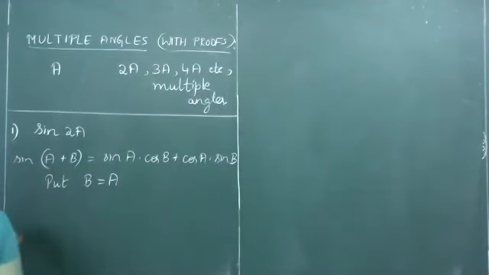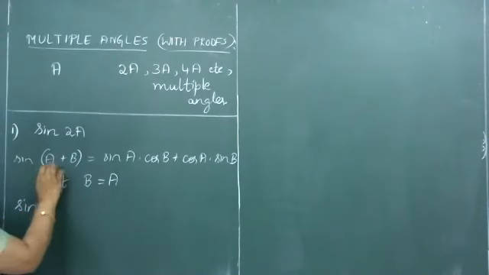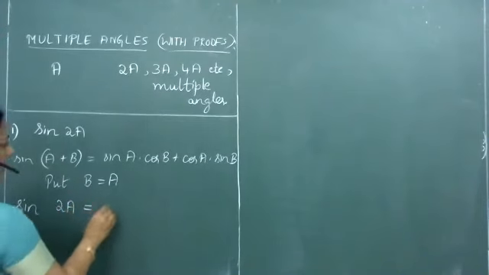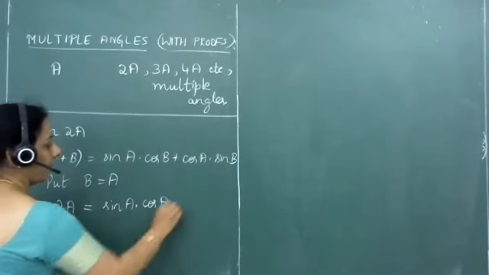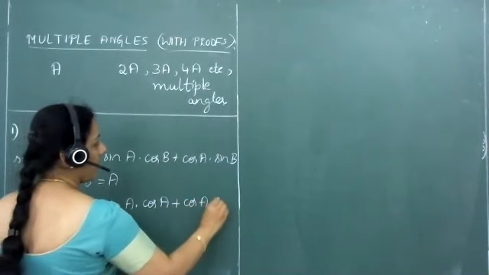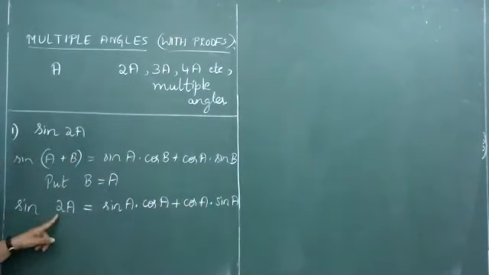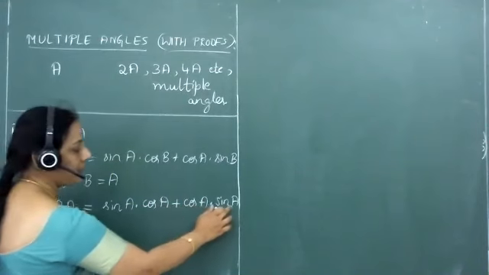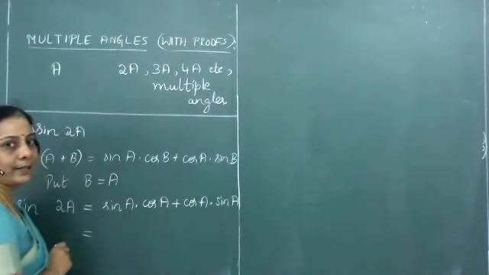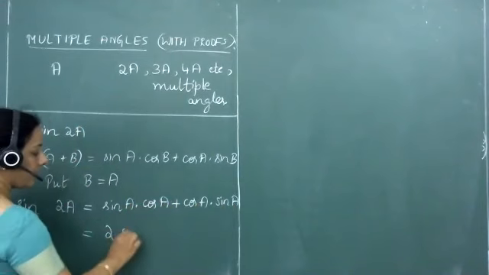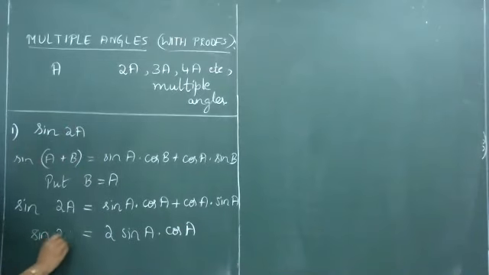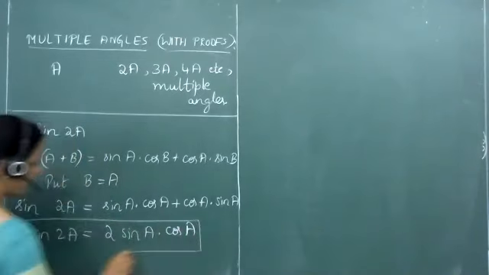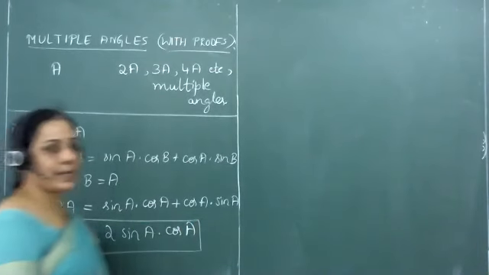So what do we get here in the LHS? With that, we have sine of A plus A changing to sine 2A, which will become sin A into cos A plus cos A into sin A. LHS we have sin 2A, RHS we have sin A into cos A plus cos A into sin A. The same term is added 2 times, thereby the value becomes 2 sin A multiplied with cos A. So we have the first multiple angle formula here for sin 2A, which is given by 2 sin A multiplied with cos A.